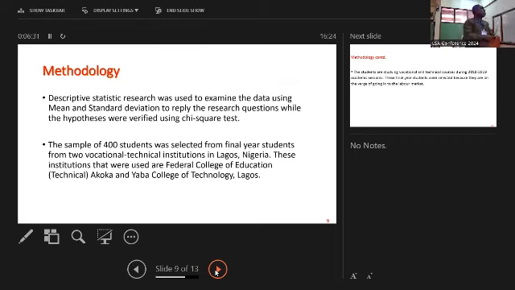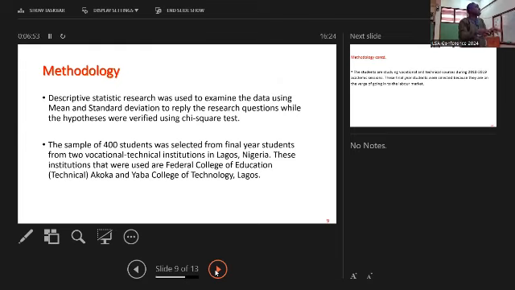Methodology. Descriptive statistical research was used to examine the data, using mean and standard deviation to answer the research questions, while the hypotheses were verified using a paired t-test. A sample of 100 students was selected from final year students from two vocational technical institutions in Lagos, Nigeria.